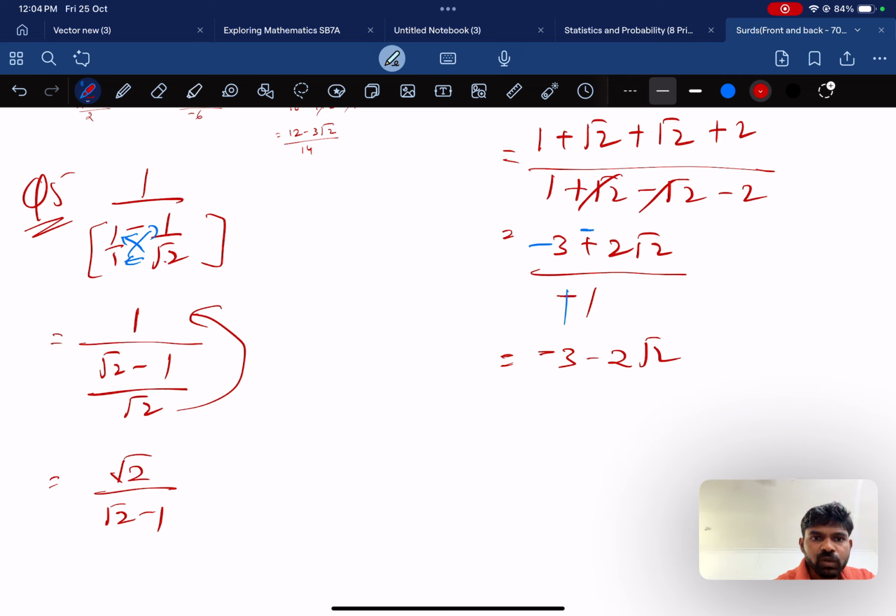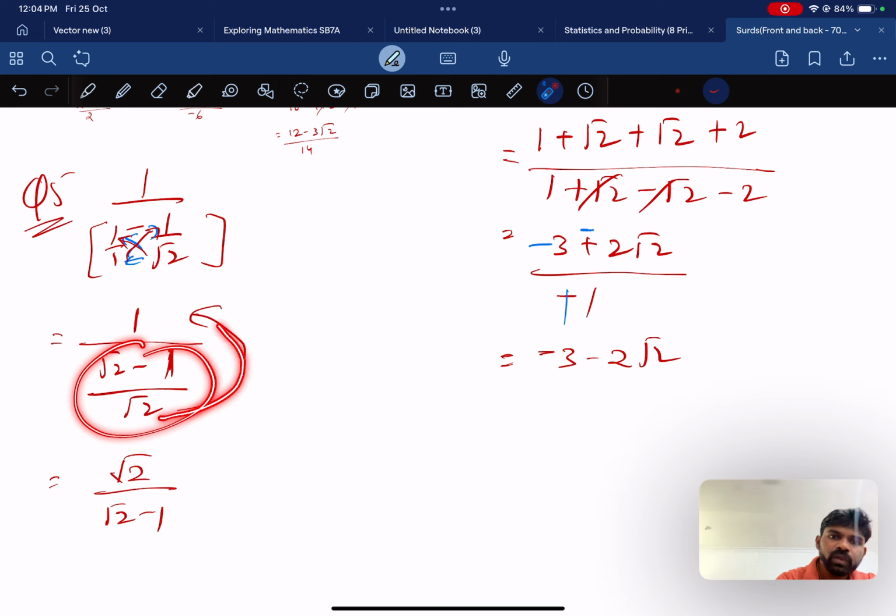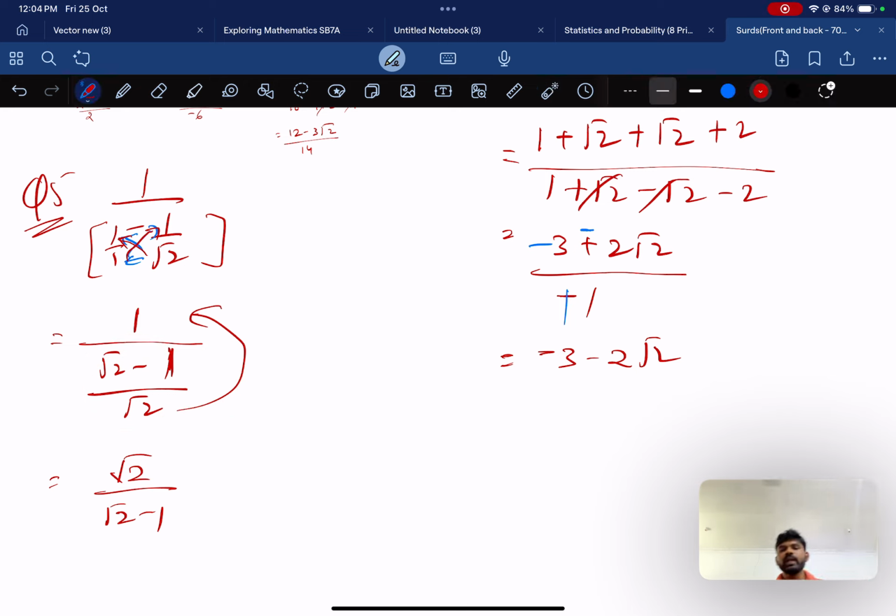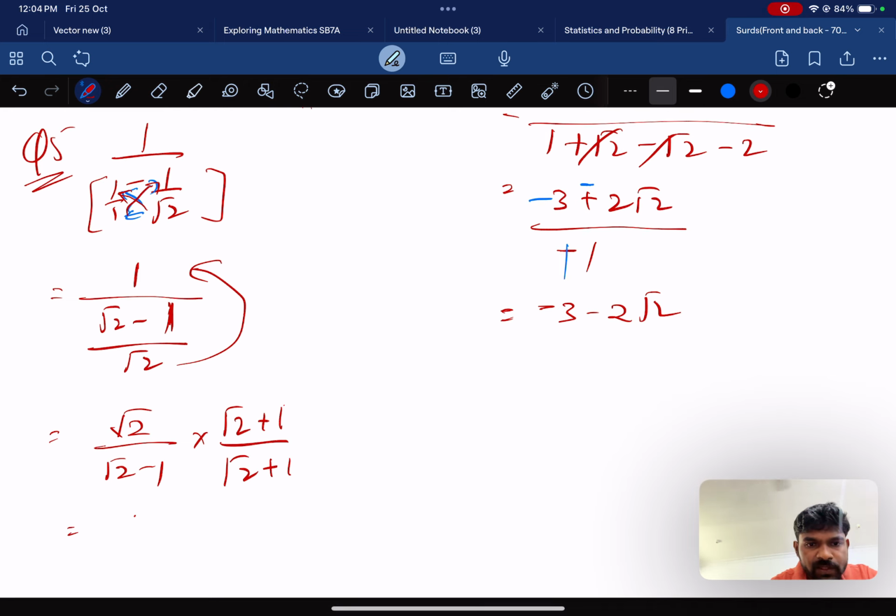So we have root 2 times of 1 is root 2, and 1 times 1 is 1, and root 2 times of 1 is root of 2. We got it like that. Fine. And this root 2 goes in the numerator because it's in the denominator of this part, so this will be going to the numerator. Now what we get is the same kind of simplification of the surds. We have to rationalize this one just by multiplying by root 2 plus of 1 and root 2 plus of 1. If we rationalize this, we'll get root 2 times root 2 is 2 plus of root 2